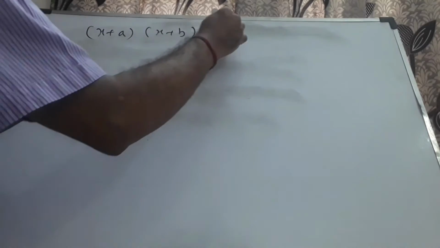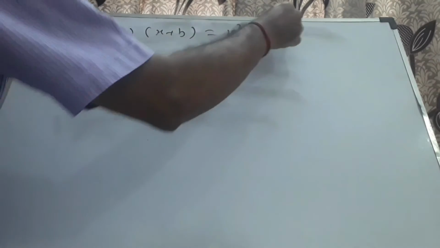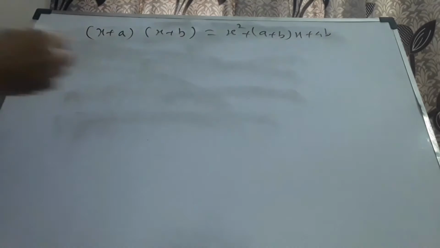Today, we are going to discuss some concepts from the lower classes. Everybody knows the identity (x + a)(x + b) = x² + (a + b)x + ab. If you have already learned it, it's well and good. You can listen and get thorough by going through whatever I am going to explain now. Otherwise, those who are learning for the first time, it will definitely be easier for you. Just learn how it is being done now.